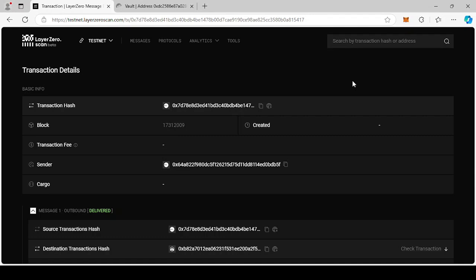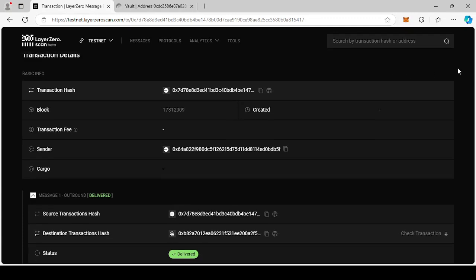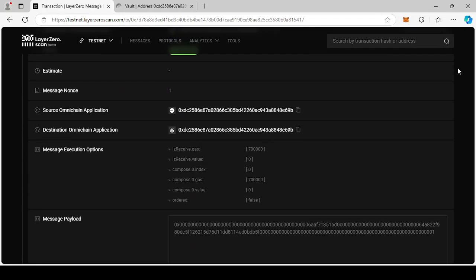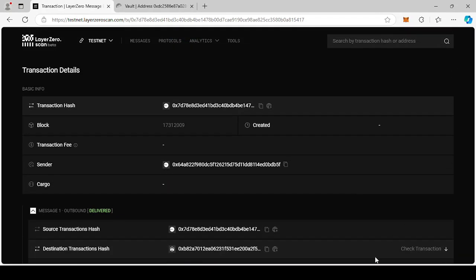Okay, so it took a few minutes for our message to pass through the LayerZero network there. These are Base Sepolia and Arbitrum Sepolia, so they're probably the highest priority testnets for executors to be picking up the transactions. But it did go through after about 5 minutes. So you can see there it's being delivered. And if I switch back over to VS Code,